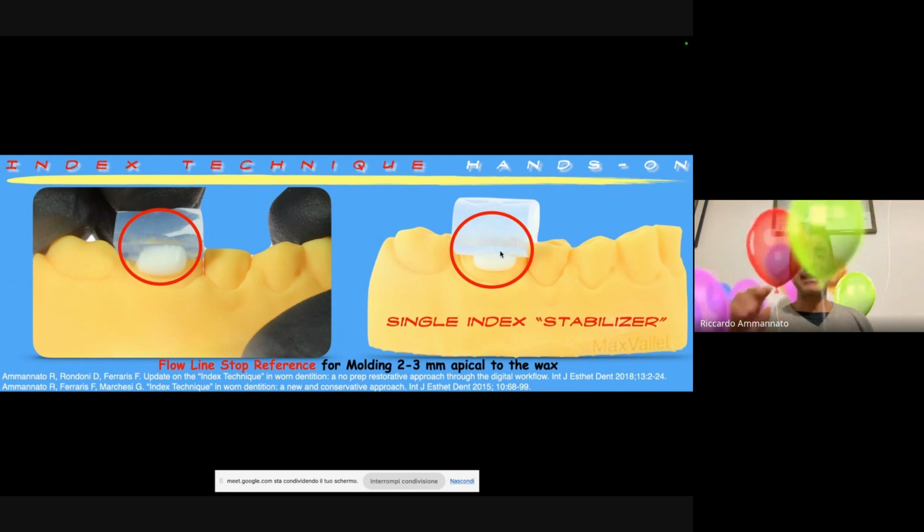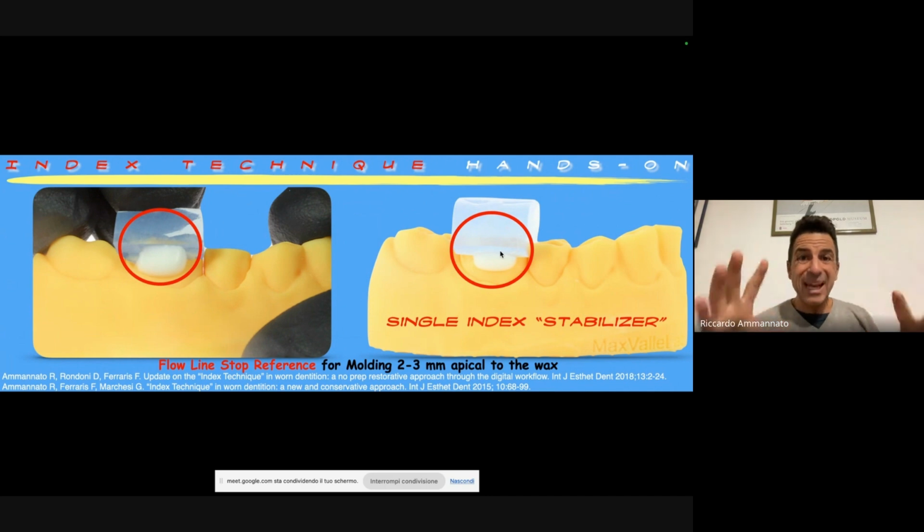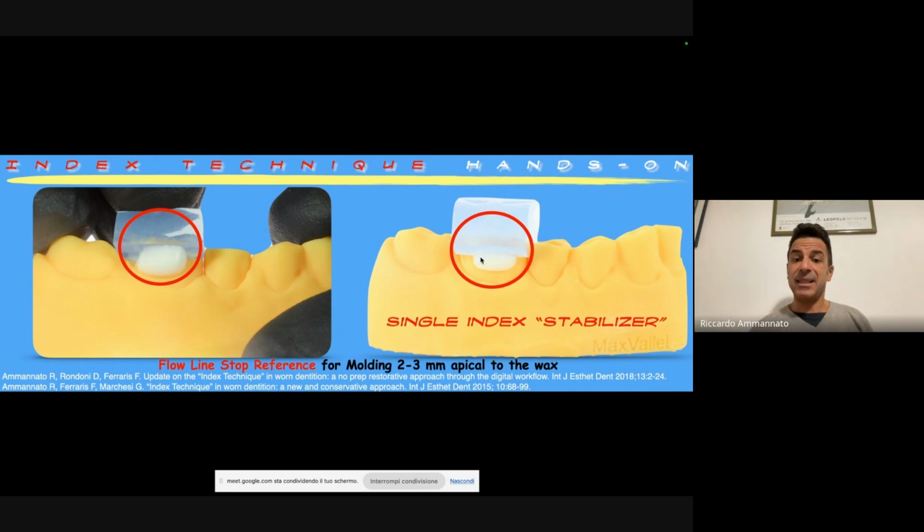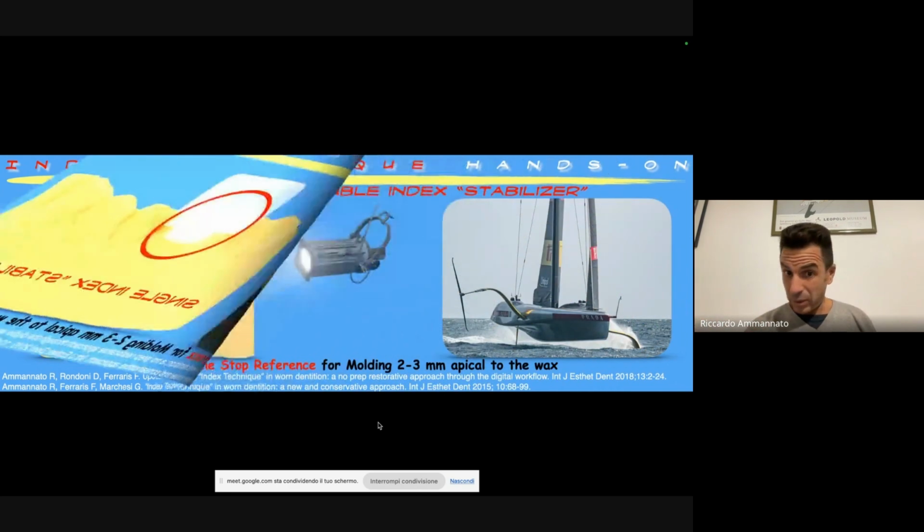One is a physical stop, because while I'm molding, while I'm landing on the tooth to do my molding, I have a physical stop that will stop my index, so will stabilize my single index. And the other advantage is a visual advantage, because while the clinician is molding, I can see that I've reached the correct position, because the index is kissing the flow line stop reference.